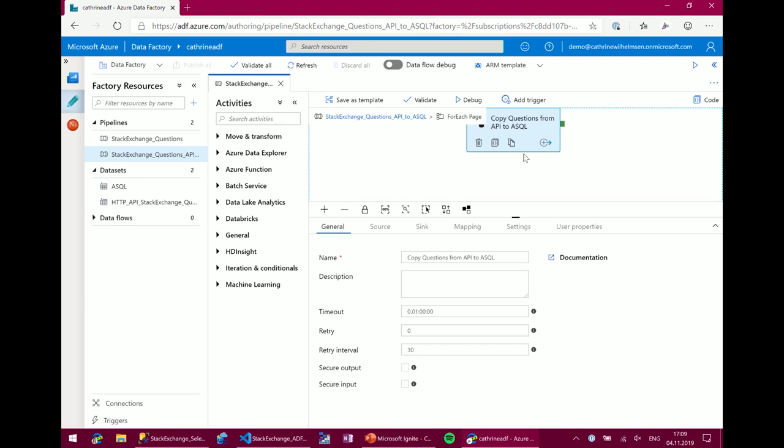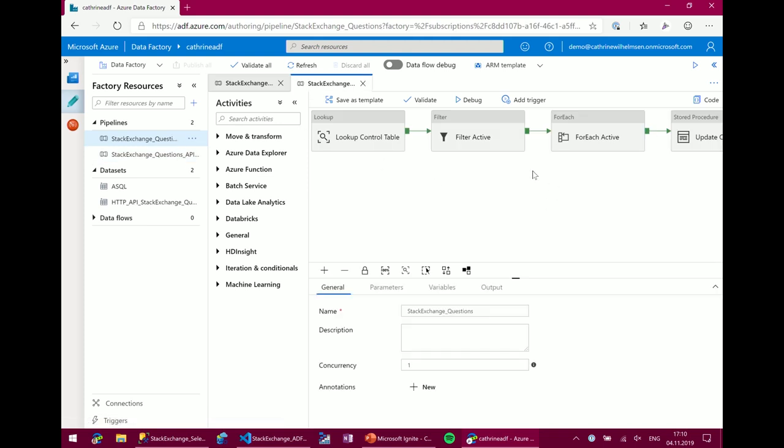So that means that in this inner pipeline here, because I now have a ForEach loop in here that is running that API call, the number of times I need to run it, I also need to have another pipeline for getting the configuration values from my database, because you can't have nested ForEach loops inside of Azure Data Factory. So in addition to this inner pipeline, which is now slightly more advanced because we're calculating the number of pages,